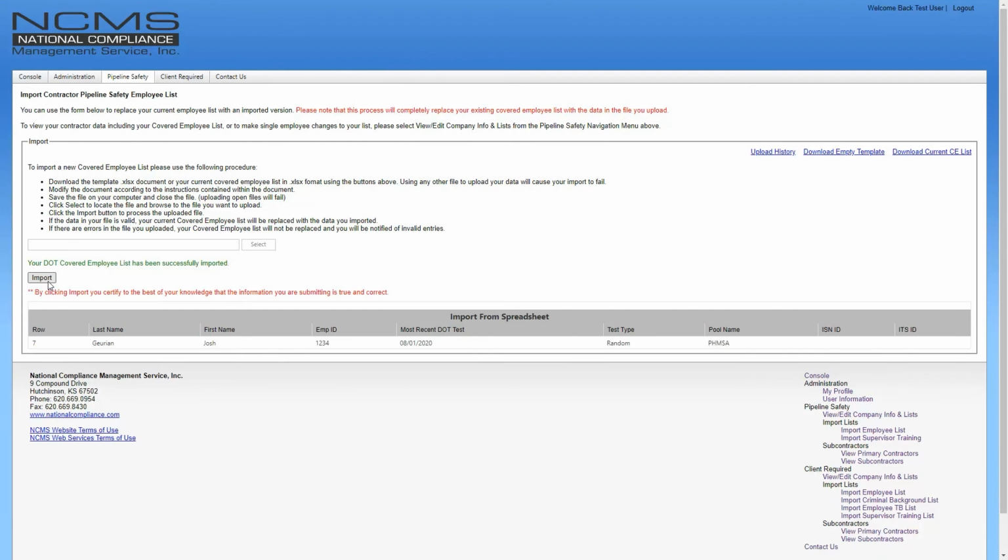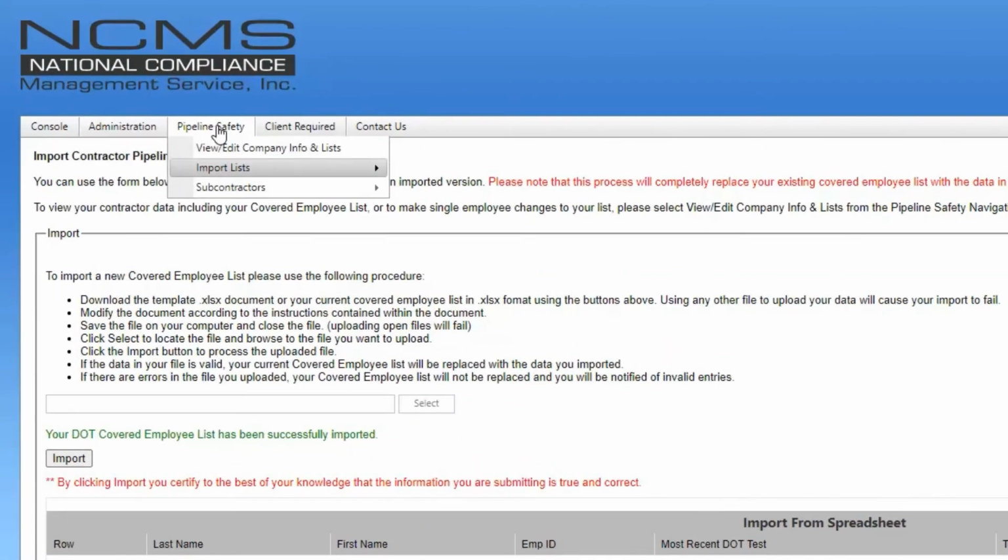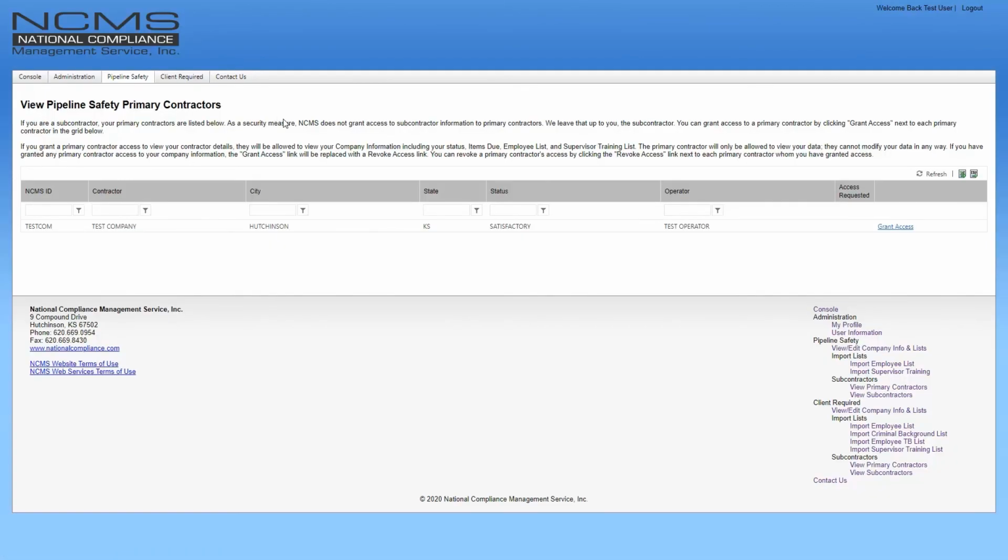Okay, on to our final item, and that is subcontractors. For both account types, we have a drop-down for subcontractors. You might be a main contractor with subs, or maybe a subcontractor with mains. Either or, we have a method to check on the status of your subcontractors, or to check who has access to your account. If I select from the top menu, Pipeline Safety, then Subcontractors, then View Primary Contractors, this would